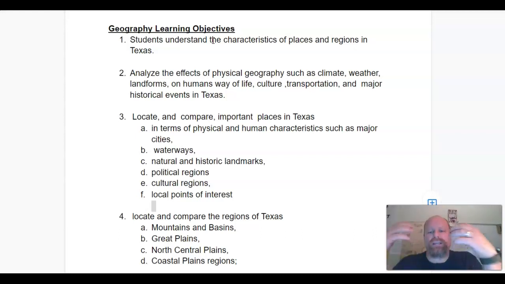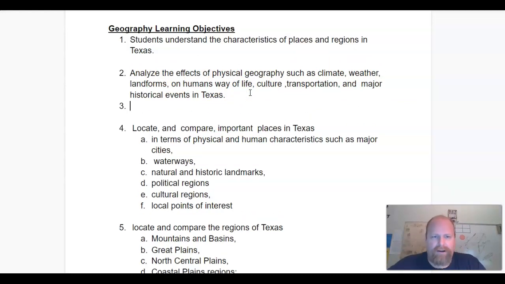So to achieve that objective, you need the definition of place. You would need the definition of region. If you look at the second one, analyze the effects of physical geography, such as climate, weather, landforms, on humans' way of life. So maybe you're looking at this and you're thinking, well, geez, if I've got to analyze that, maybe some questions that I need are like, let's see,